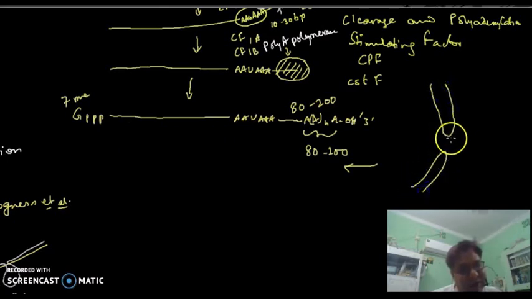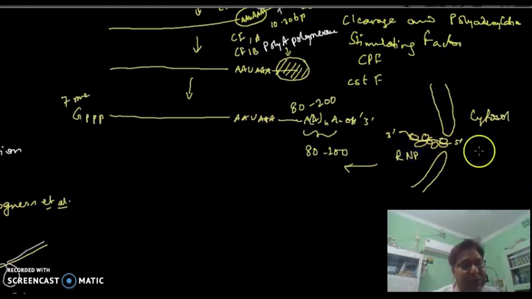This is the nuclear pore, and this is the RNA coming out of the nucleus to the cytosol. Suppose the end that faces the cytosol is the 5' end, and this is the 3' end. A number of proteins get associated with this to transport it. So it is basically a ribonucleoprotein complex which comes out of the nucleus into the cytosol,